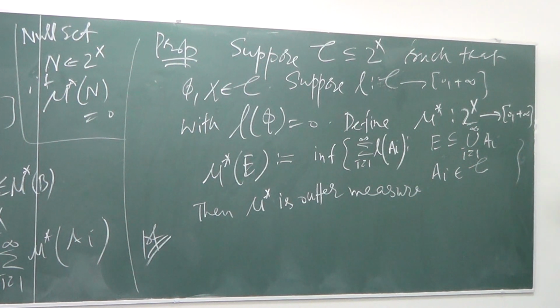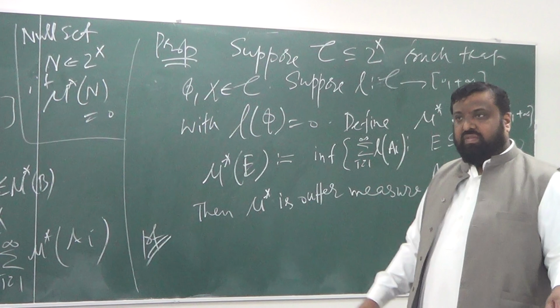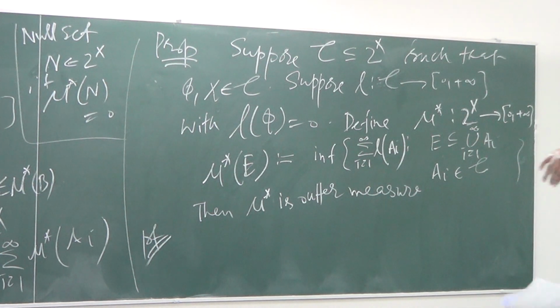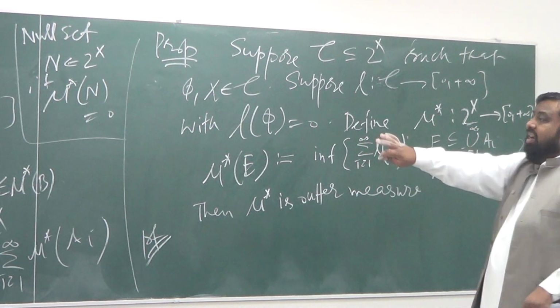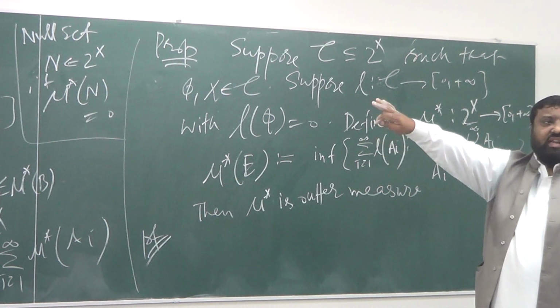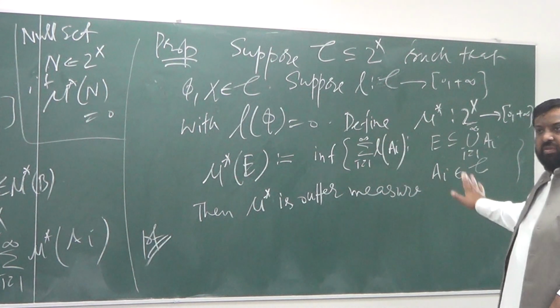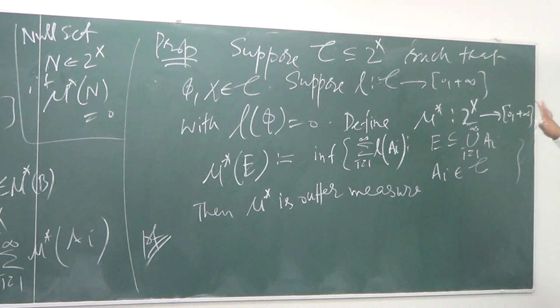So you had a notion of length, a map that behaves like length on some collection, and you are saying that you can use that notion of length, extend it, and define an outer measure, which I am going to restrict afterwards to a measure. Keep in view that here I am not talking about the context of X equal to R. This is pretty much abstract: X could be any set, C could be any collection, and L could be any notion of length. So no restriction.